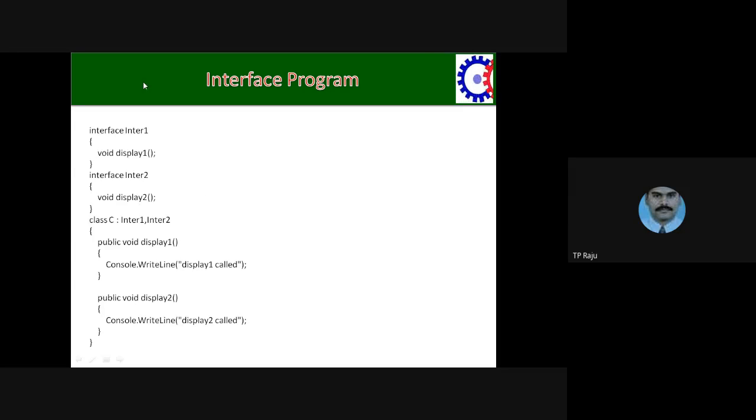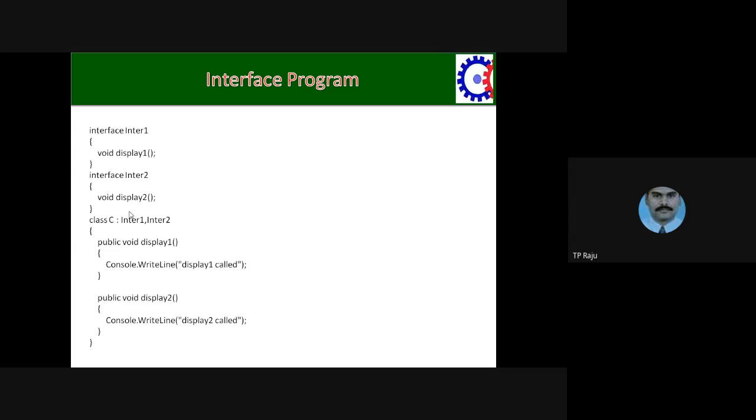Okay. Next, if you see this second example, here inter1 is the interface. It is having the method display1 declared. This function is declared. Why display1()? In front of it, there is no public keyword, but by default an interface member is public. That's why no need to write the public keyword in front of this function display1.